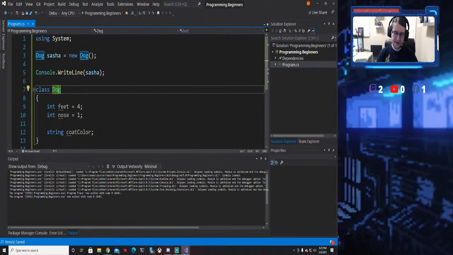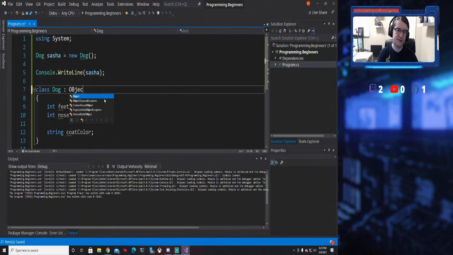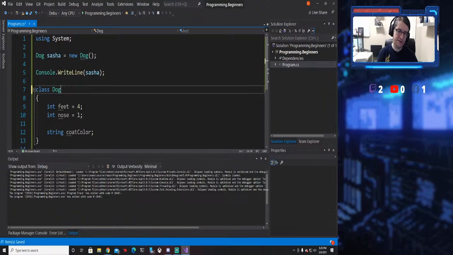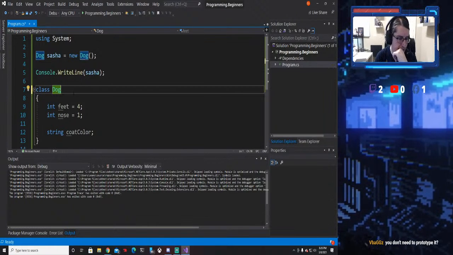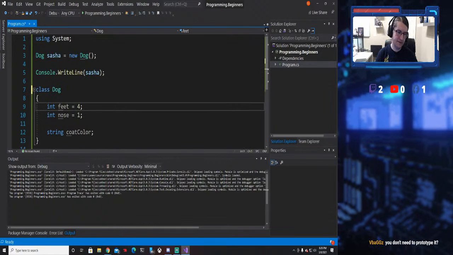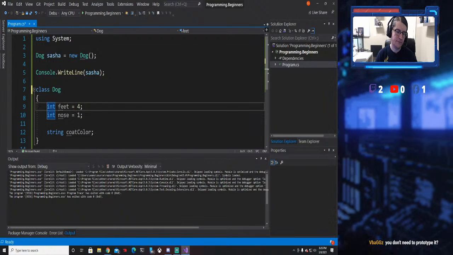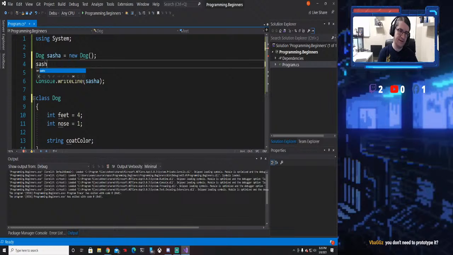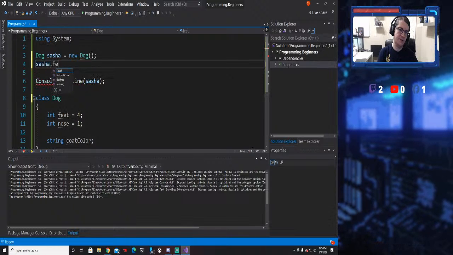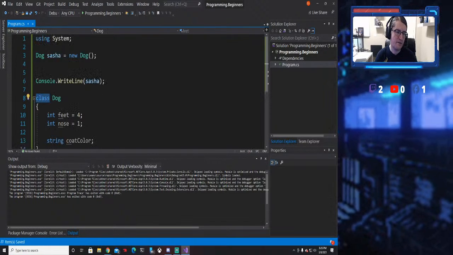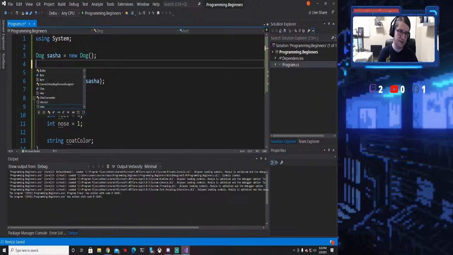Now all classes inherit from what's called object. So these are complex types. And even if I say that it is an object, it's an object. So once I've created this class, the fields are by default what are called private. And that means that I can't access them outside of inside this class. So if I wanted to change the coat color,